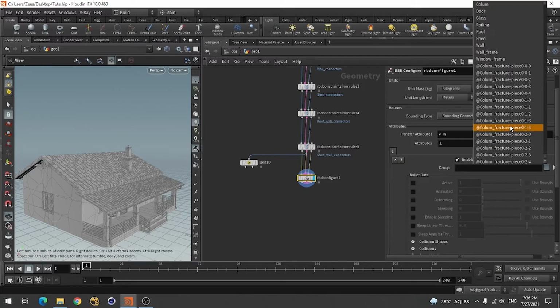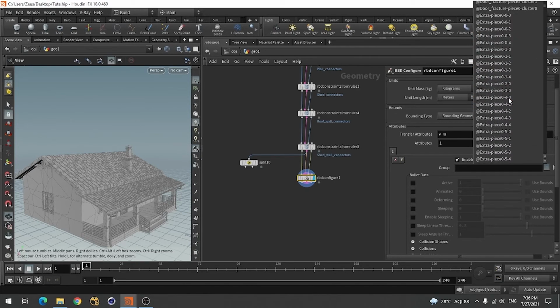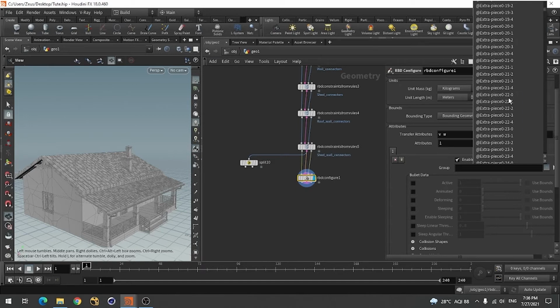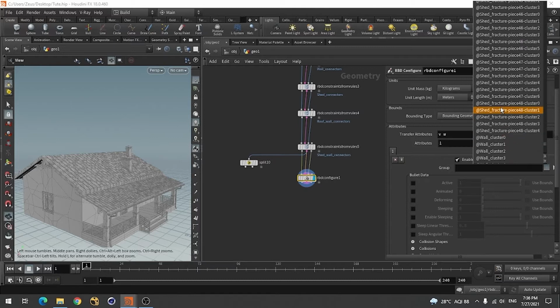In group you can see you have all your parts. Okay, so I want this for all these parts. If I go from here and down, and go to my wall fragment section, okay, this one,